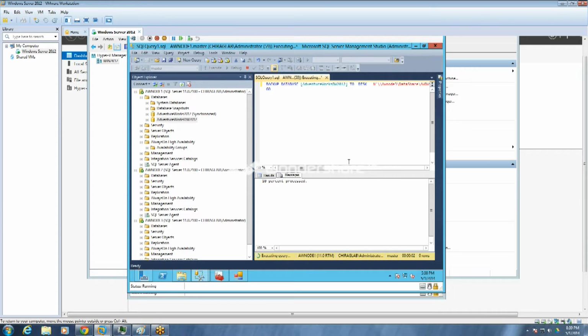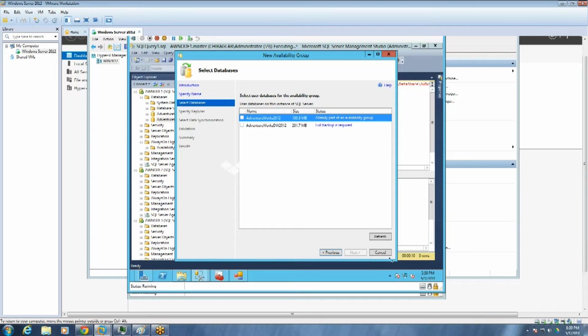I will see 10%, 20%. So this is the very first step, and if I go in there and refresh it, there you go. Earlier it was showing that it needs a full backup. Now it's done.